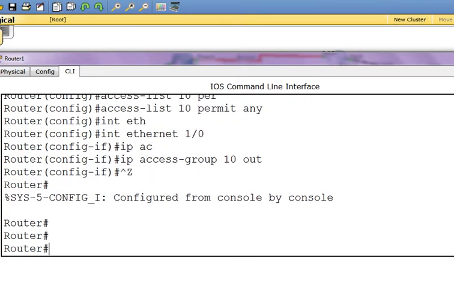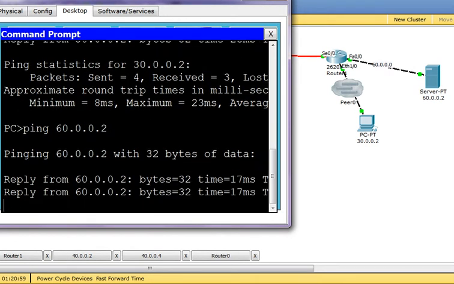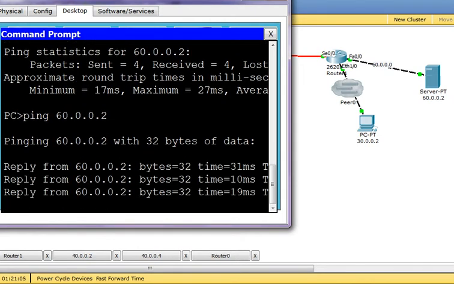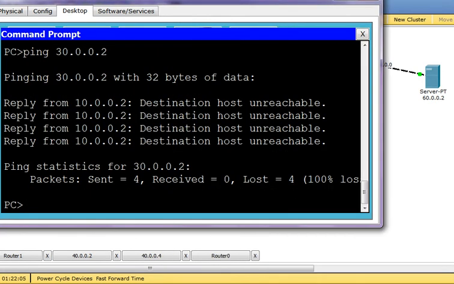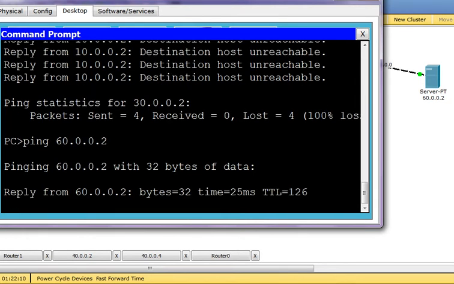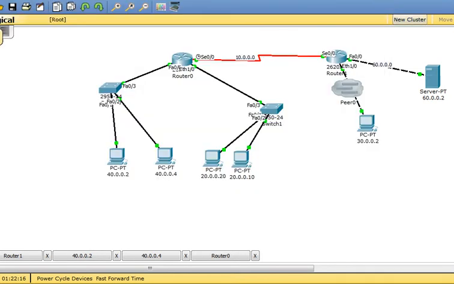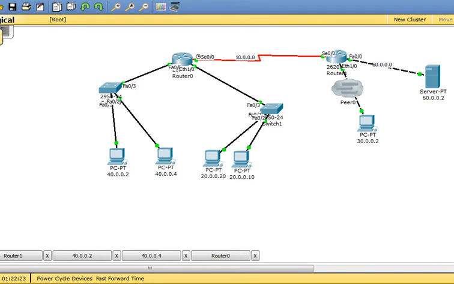Now I wanted to show you something. I go to this 40 network and ping the same address which I was able to ping. Let me check that, there might be some problem. There was no problem. Actually, I tried to ping my server. I didn't deny for my server. I didn't tell the access list not to talk to my server. Didn't you see I had bound it on this interface Ethernet 1/0? Obviously it will still talk. So do not get confused.